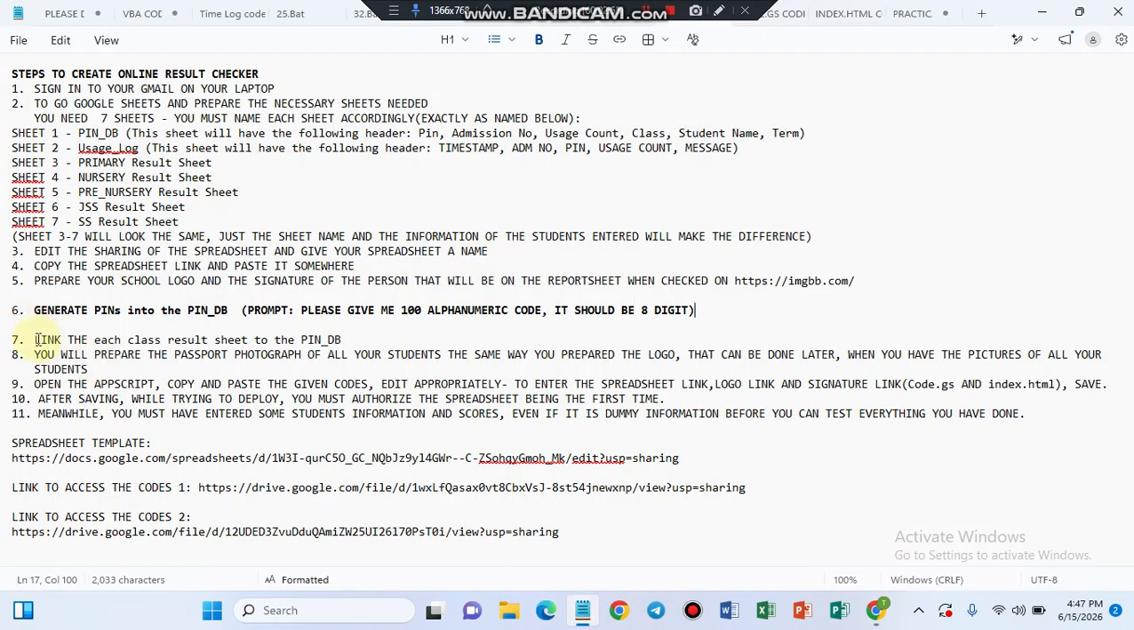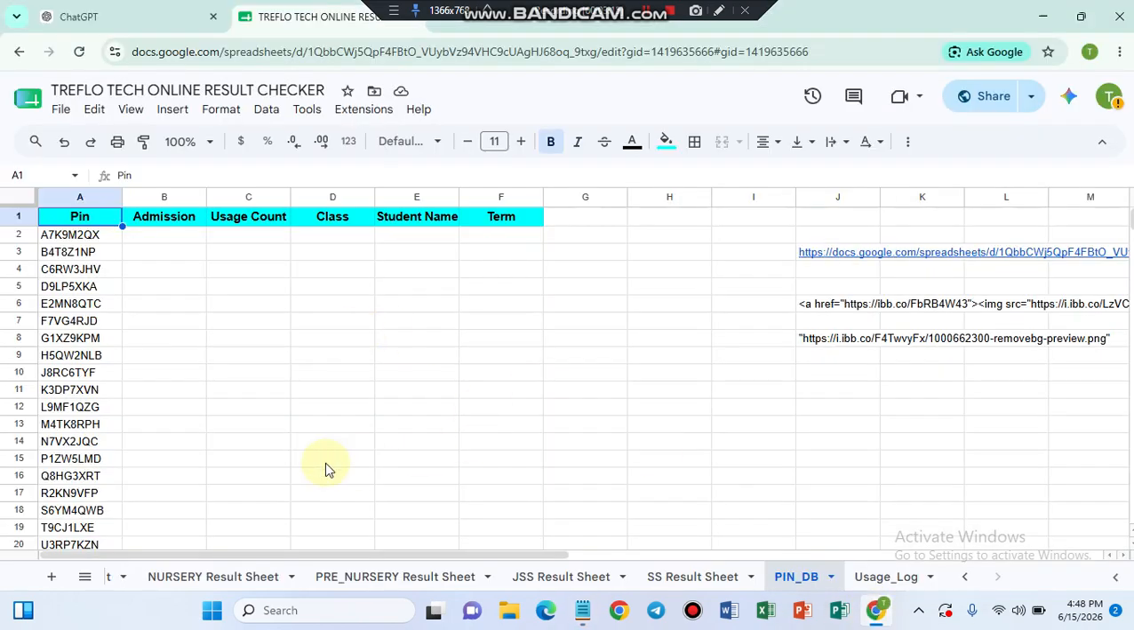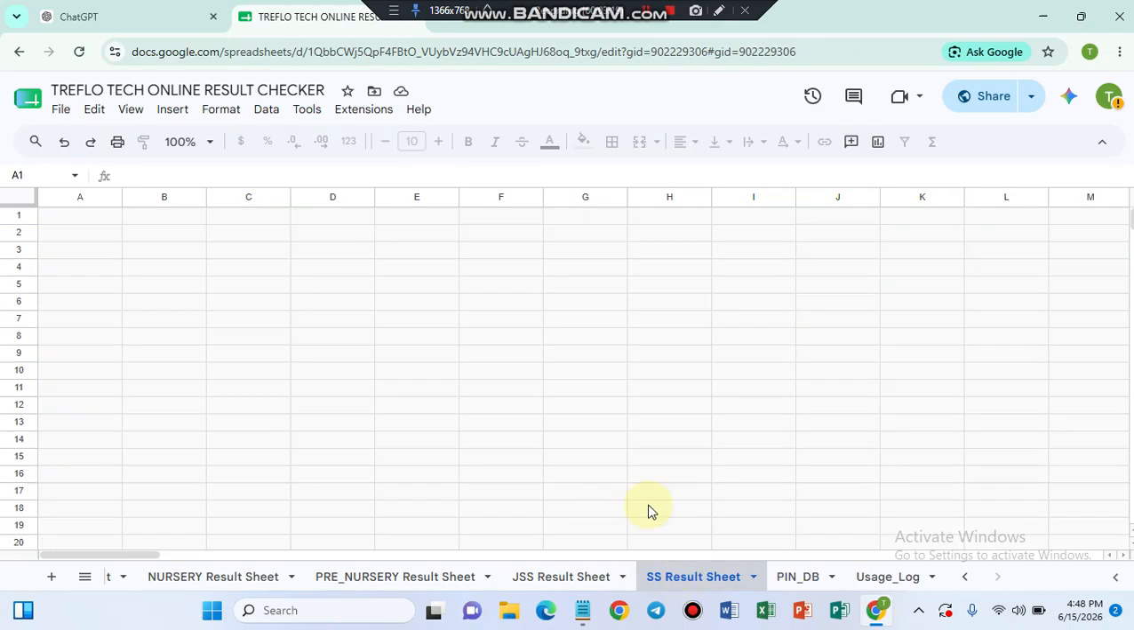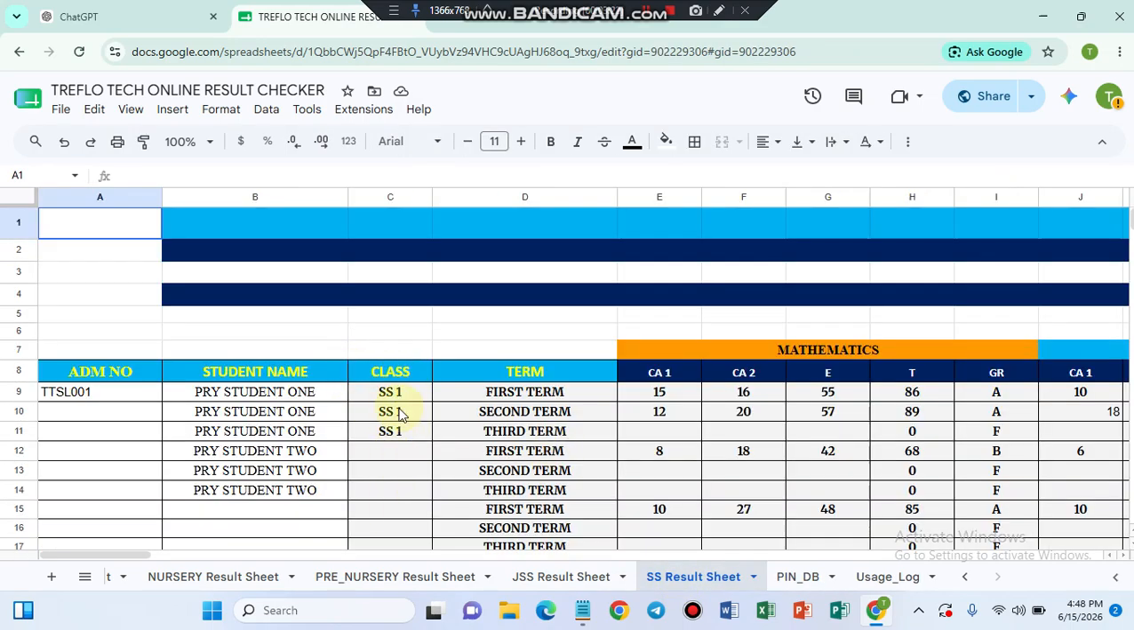Step 7 says link each class result sheet to the pin database. How do you do that? You remember that earlier I mentioned that you should ensure to change the class that is here. So now we want to enter the student's name. We want to say this is, I'll just call this one